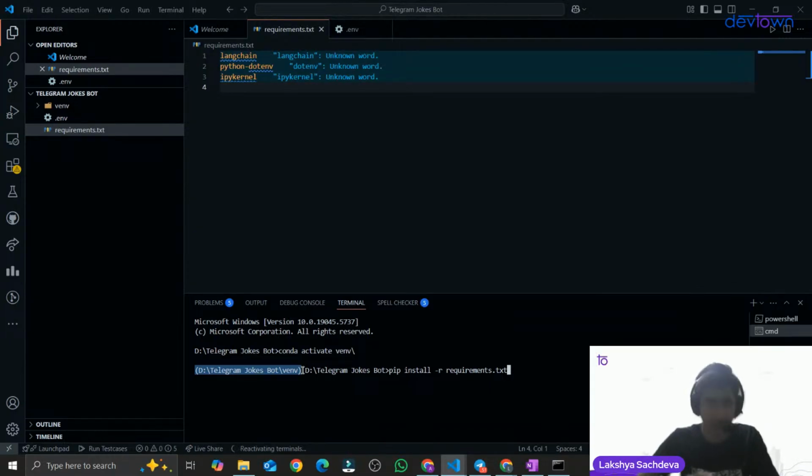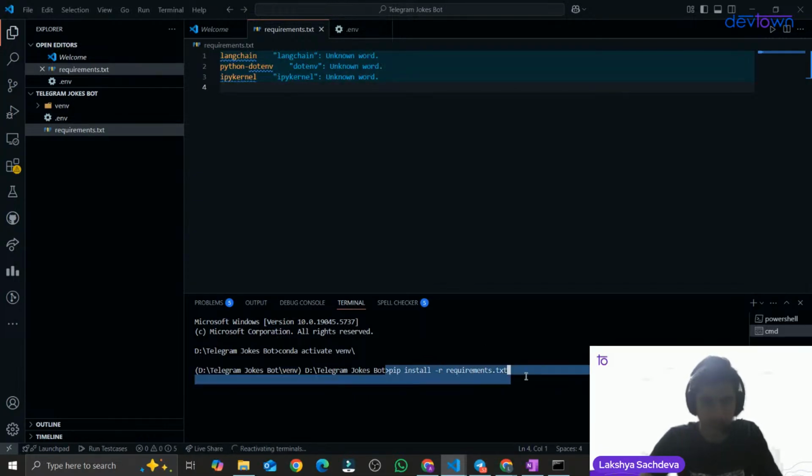Yes, .txt means normal text extension, nothing else. Like we create a normal text file, this is similar. .txt is a normal text file. And I have written here pip install -r requirements.txt. Through this, I can download all the requirements. So I will just press enter,